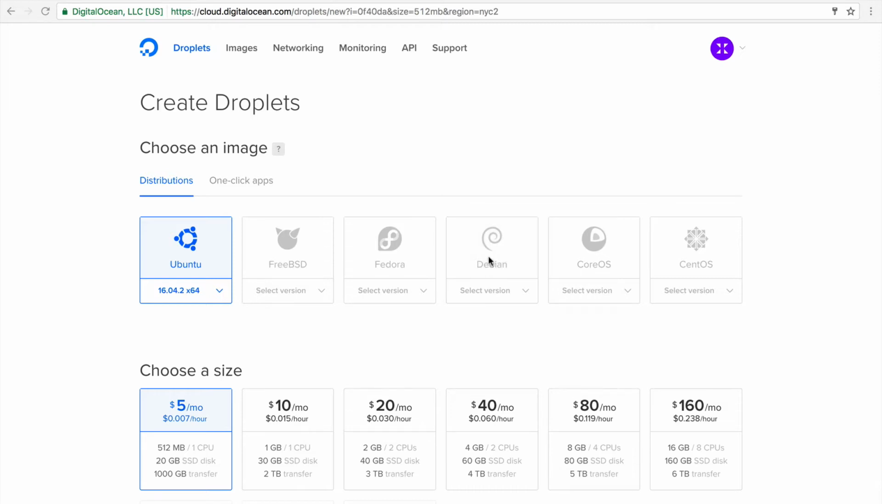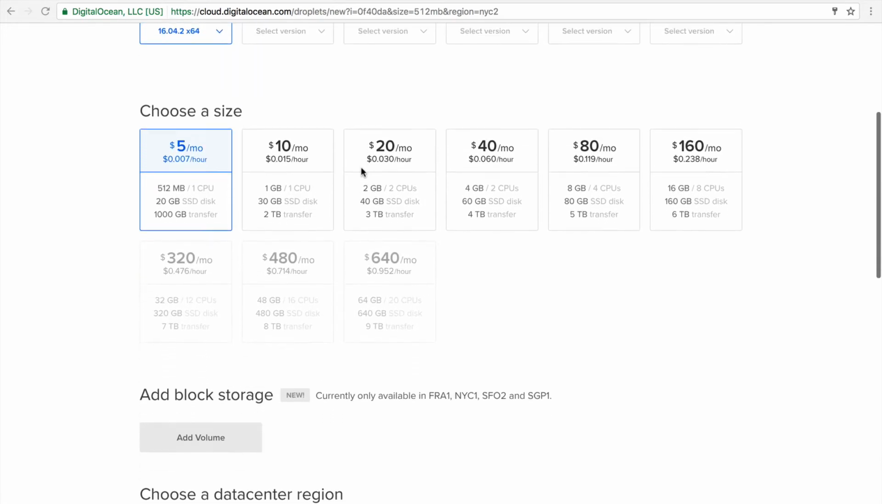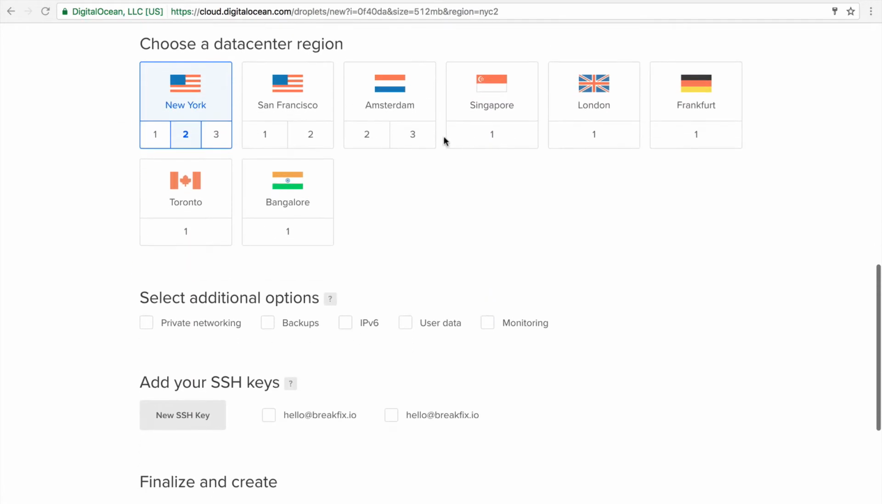Hi folks, today we're going to be talking about how to generate an SSH key on your local machine and then how to add the SSH key to your DigitalOcean Droplet. So firstly, on this screen here, go through the standard process to add all the specifications that are desired for